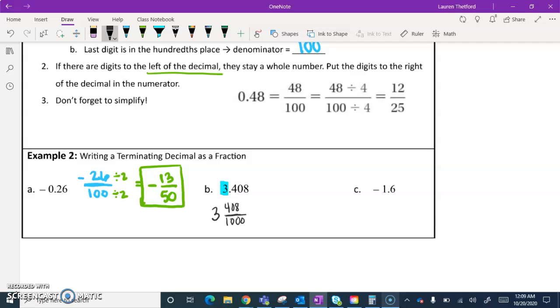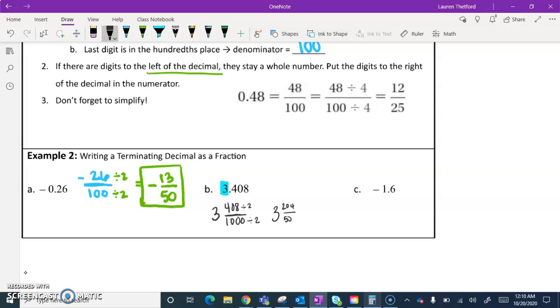Now we can simplify this. We need to figure out what number goes into 408 and 1,000. If we didn't know, we could divide by 2 on top and bottom until we get there, because they're both even numbers. That would give us 3, and then 204